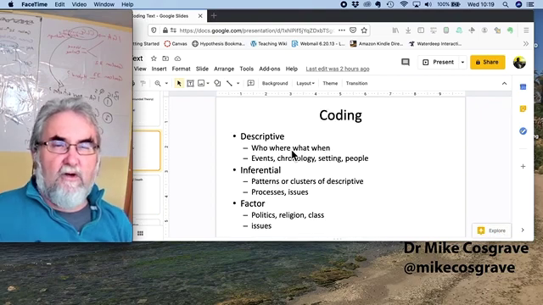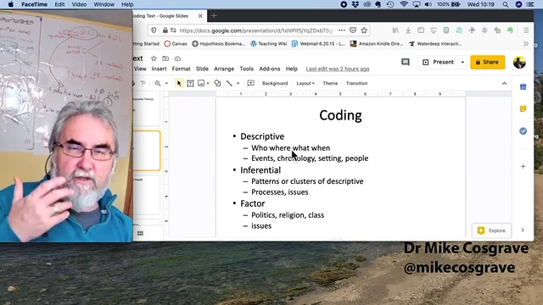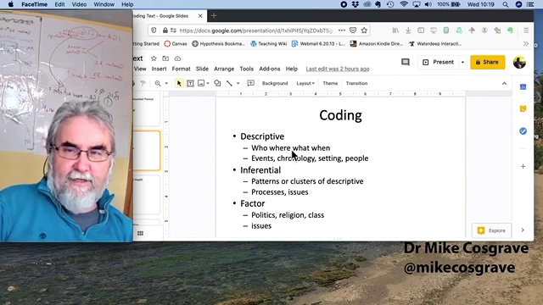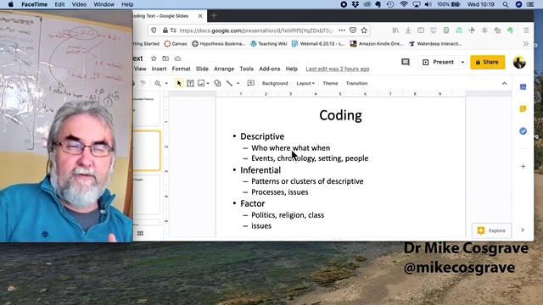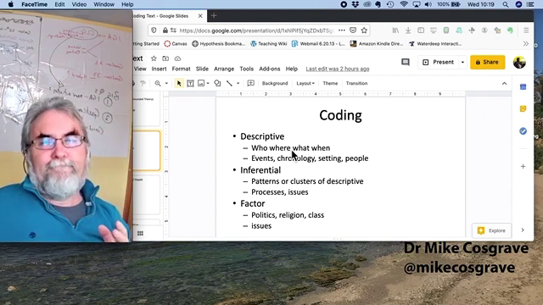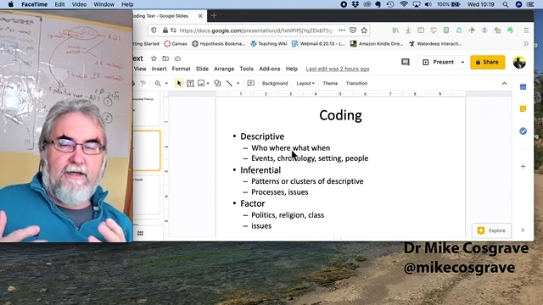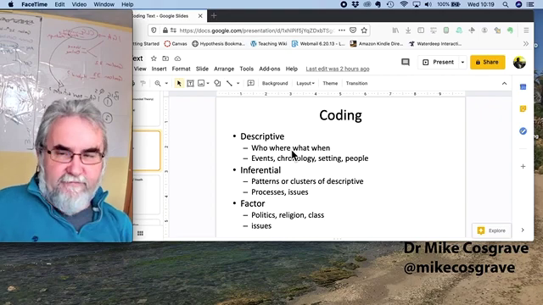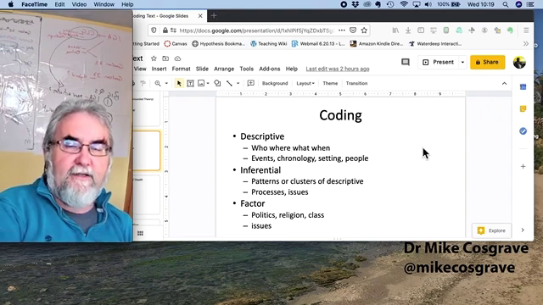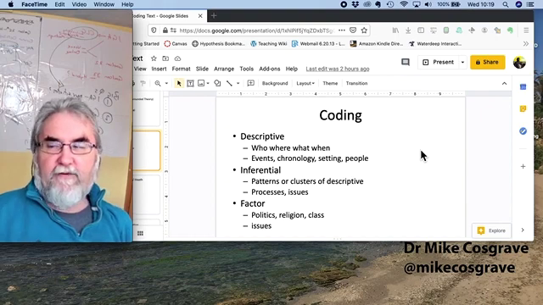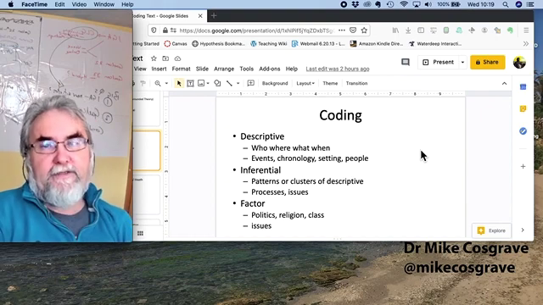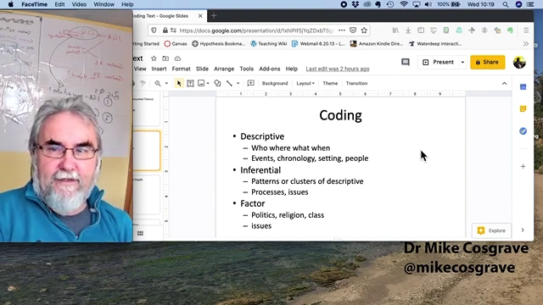Different types of coding, right? It's important that you understand different things that you can identify in the data. There's simple descriptive stuff. Who, what, where, when. This simply identifies events. It identifies the sequence of events, the chronology, the setting, the names of people and places that are involved. This is useful, but it's not necessarily theoretically